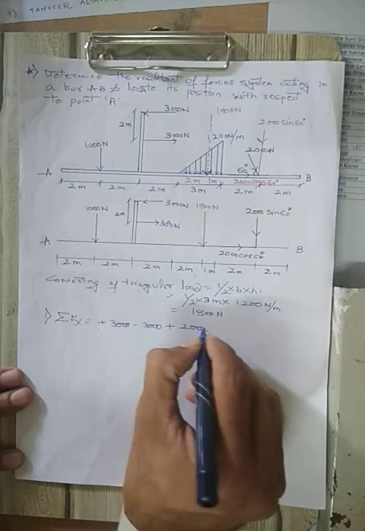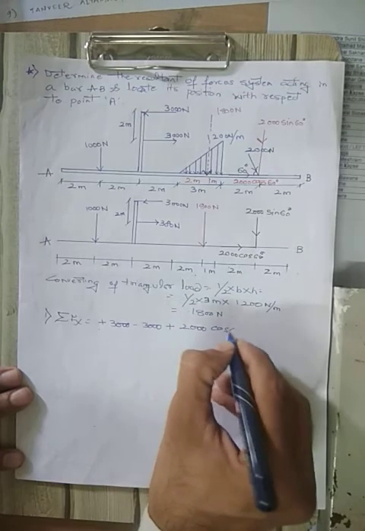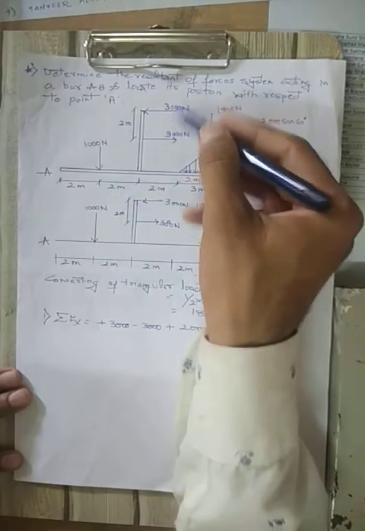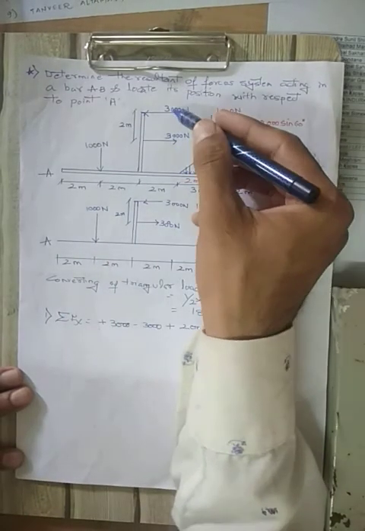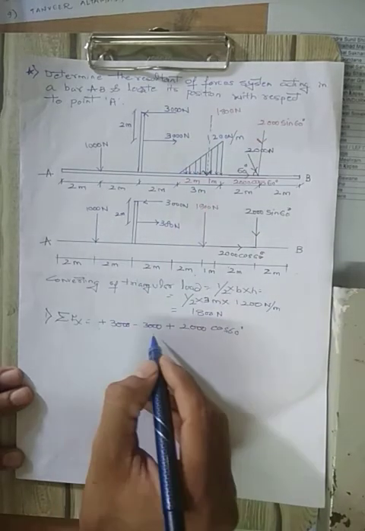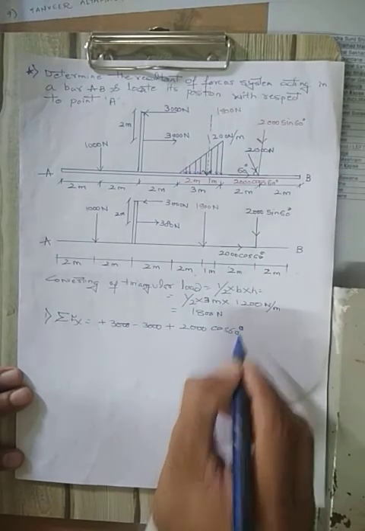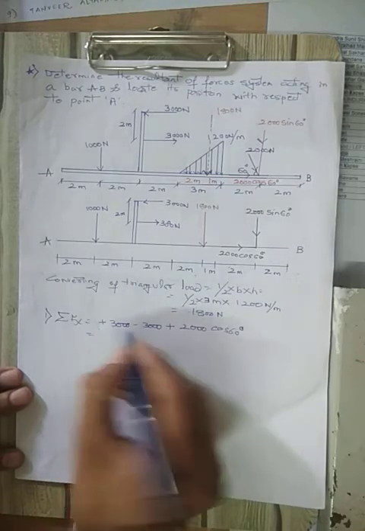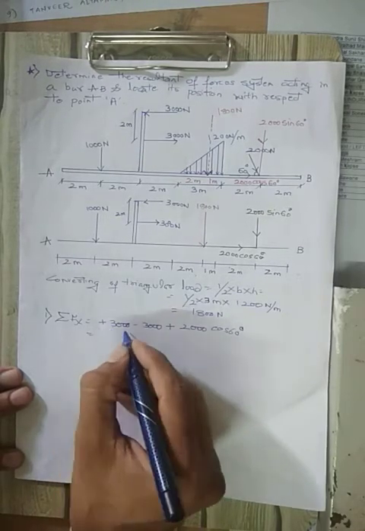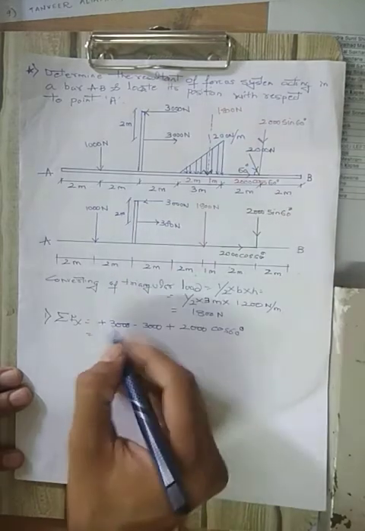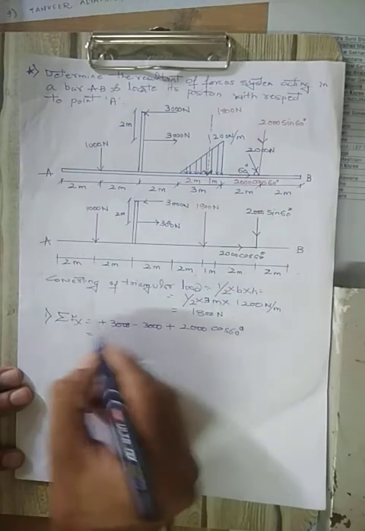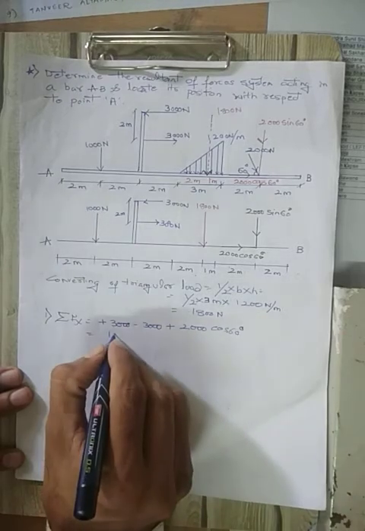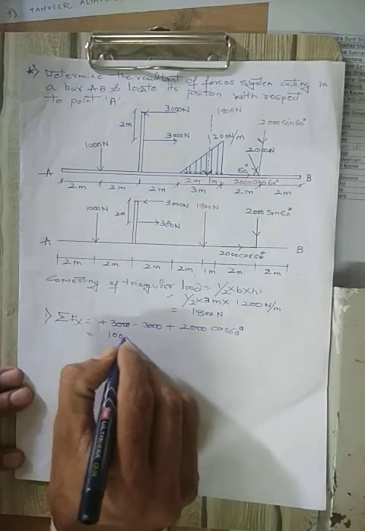Right side is taken as positive. Cos of 60 degrees. So these two forces are balancing each other. The right side is balanced by the left side. So this will be cancelled, but as it is a horizontal force, we have taken it. The forces which have been used for the couple, 3000 on the right side and left side, have no effect. So this affects 2000 cos of 60, its value comes to be 1000 Newton.